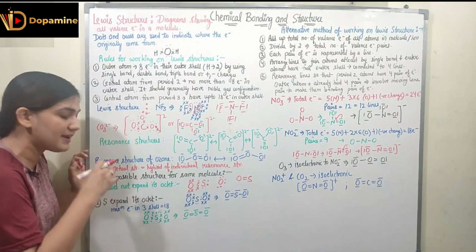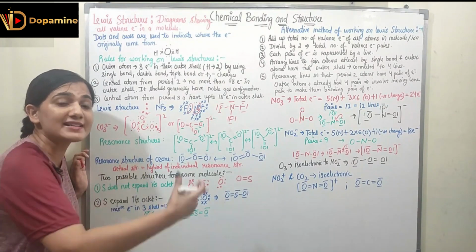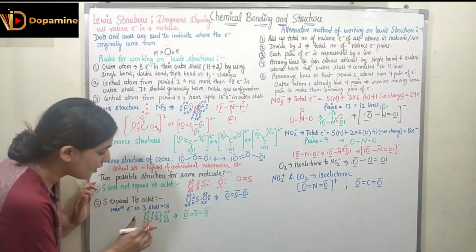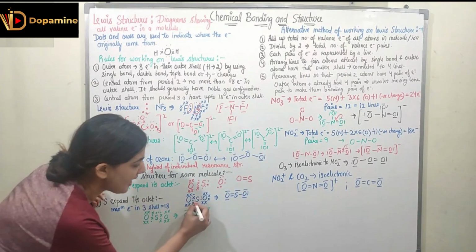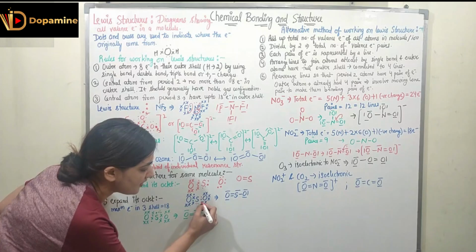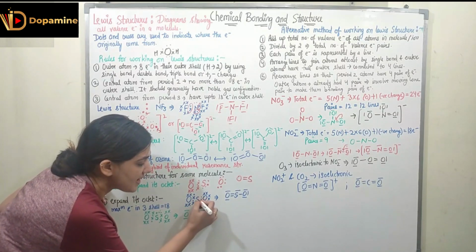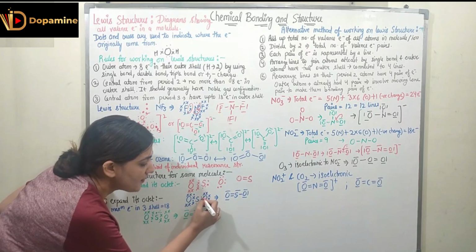Now sulfur can expand its octet as it belongs to group 3 and it can have a maximum of 18 electrons. So now how can we represent this? We can have the double bond of sulfur with this oxygen and the single bond of the sulfur. This is a coordinate bond with this oxygen. So now this is an extra pair of electrons which has made the bond with the oxygen.